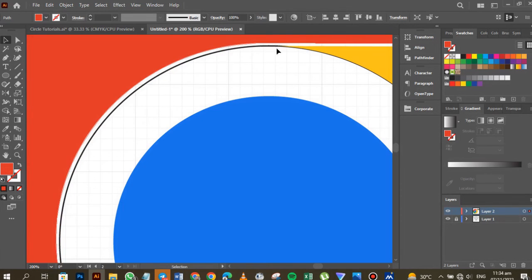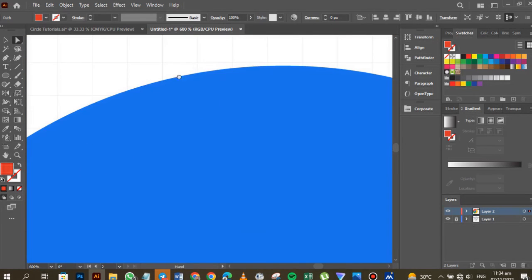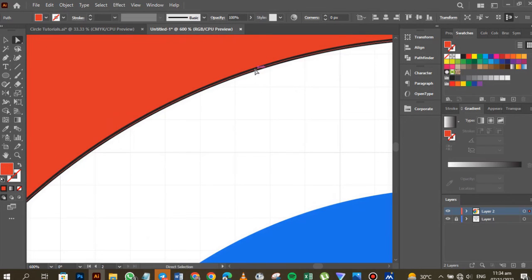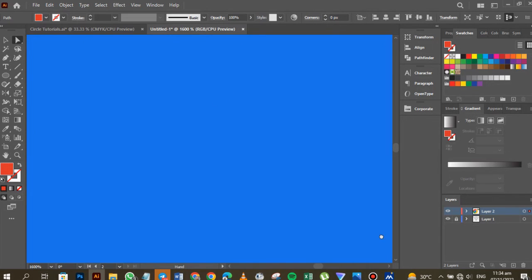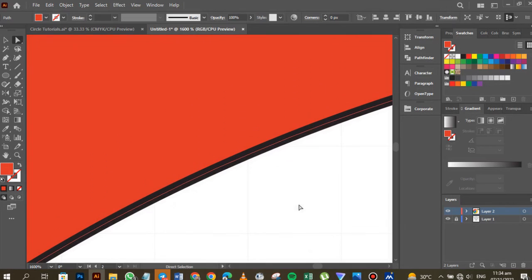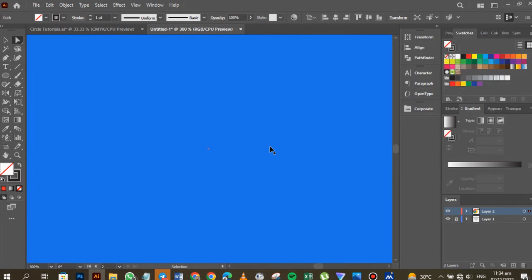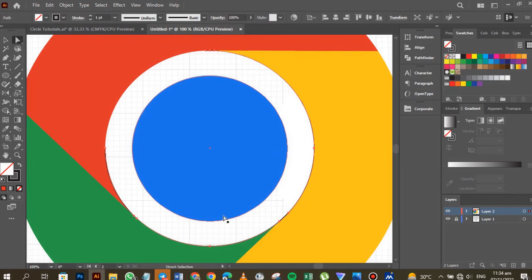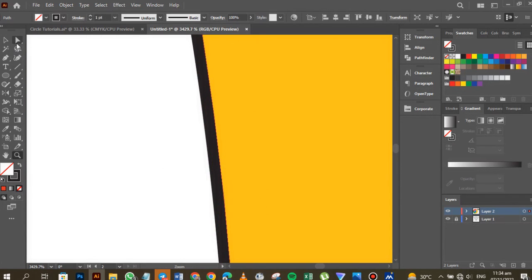Let's take this thing. So you see that there are some other lines here. Let's go to our direct selection tool and zoom in properly so we can select this line and delete. No, we have not selected it. We selected the wrong one. So that is one of the ways to delete. You just make sure you zoom and delete, zoom and delete, right? Now let's zoom in and then go to the next one. Another useful tool you can use is the zoom. With the zoom, you can zoom your work, and then go to your direct selection tool, select